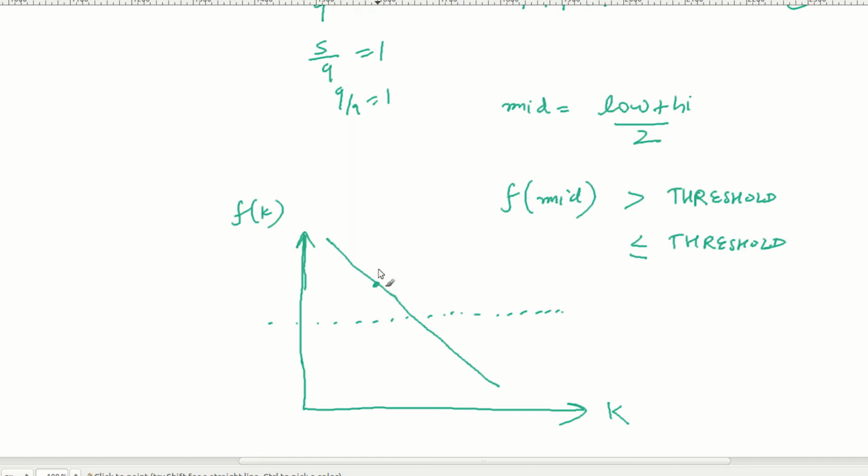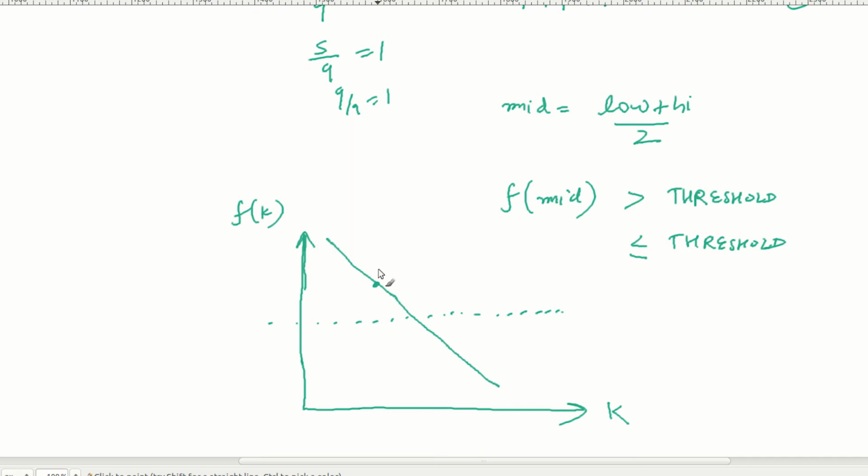Then all the numbers less than mid will also be greater than threshold, because f is a decreasing function, right? So if hypothetically mid is 3, and f of 3 gives me a value greater than threshold, then there is no point in checking f of 1 and f of 2. It means my answer is to the right of 3, between 4 and 9, right?